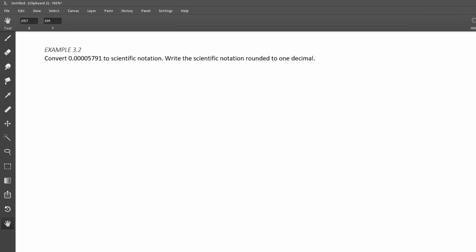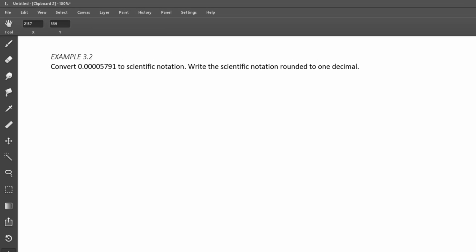All right, then let's take a look at example 3.2. So far, we've only dealt with large numbers, like 82,300. In example 3.2, we are going to deal with a very, very small number. Example 3.2 says, convert